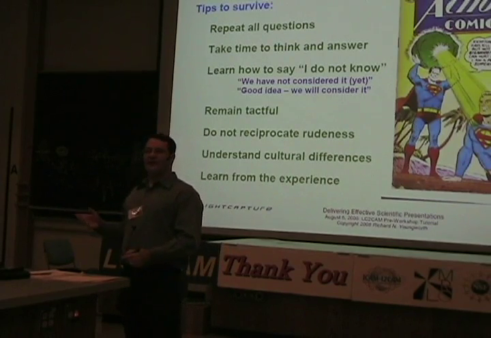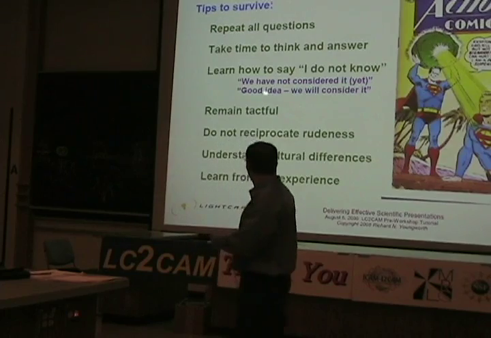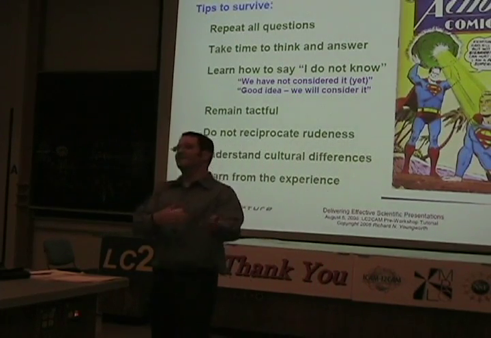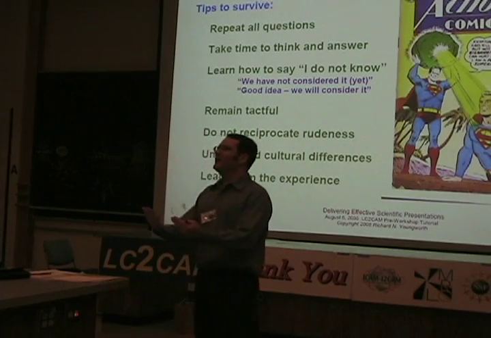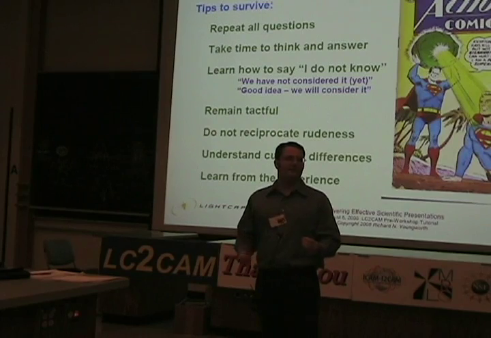The wrong way to say you don't know is, "I don't know." The right way to say it is, "We haven't considered that yet. Good idea, we're going to consider that." You try to make a positive sort of comment. Because a portion of the reason why you're giving the scientific presentation